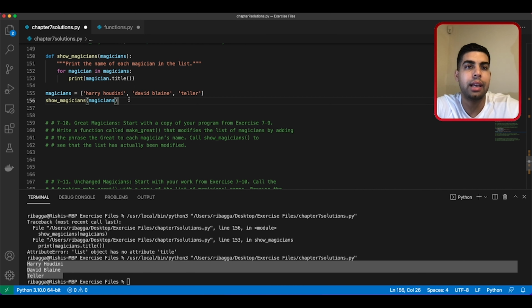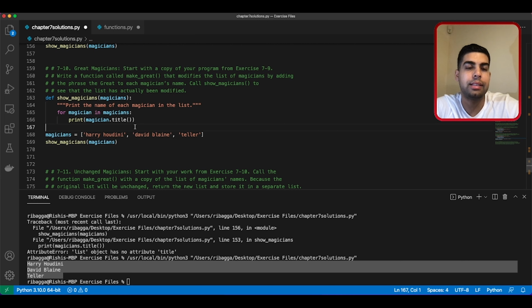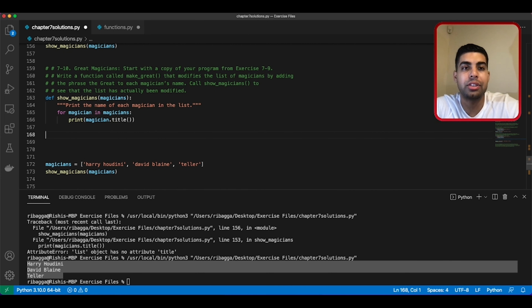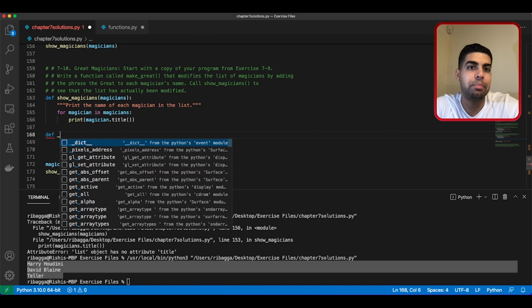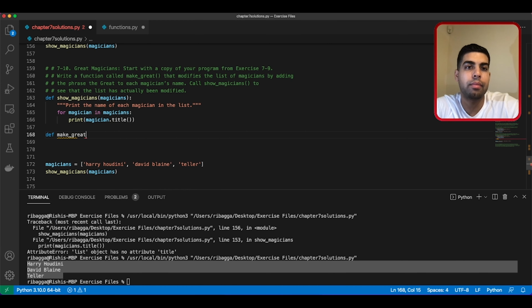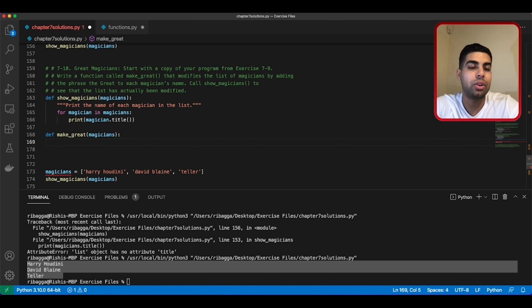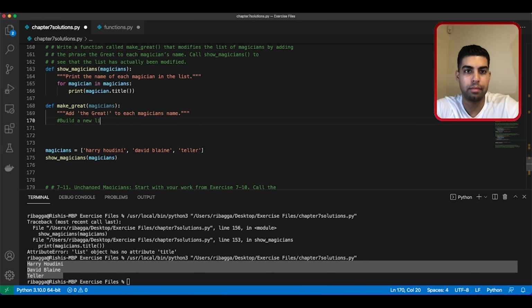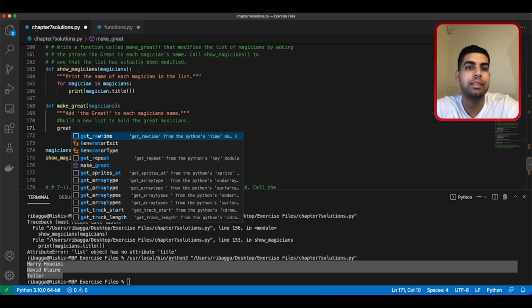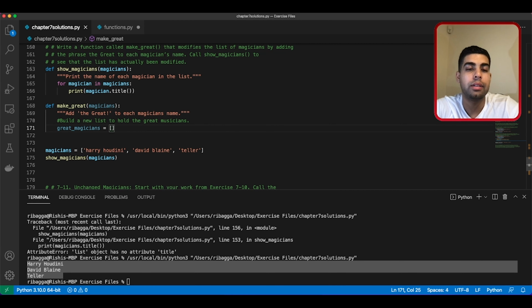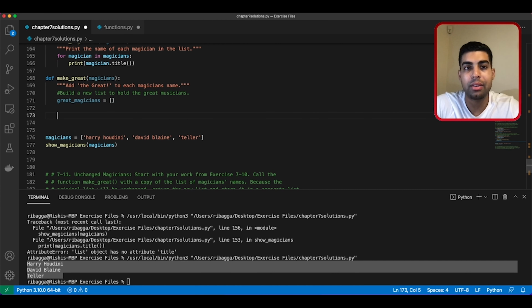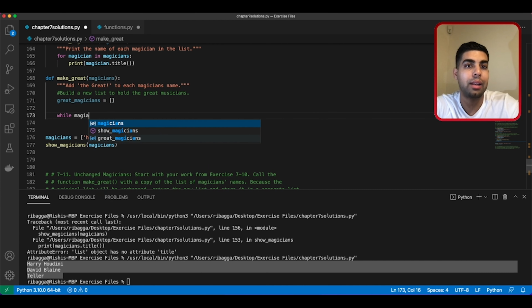So again, I'm going to go ahead and copy out this program here and paste it below. This time, go ahead and create another function, and call this make great before putting magicians as my parameter. And then again, adding a docstring. And then we'll go ahead and assign an empty list to our great magicians. Now that is done, we need to go ahead and write out our while loop. So while magicians,